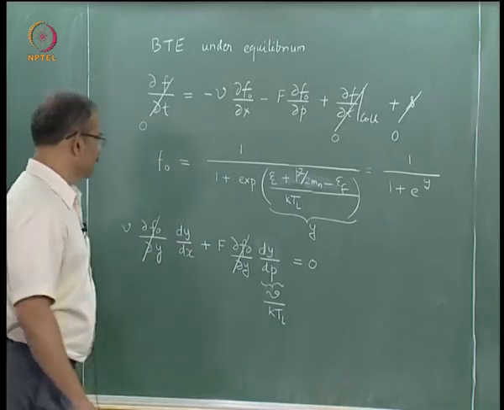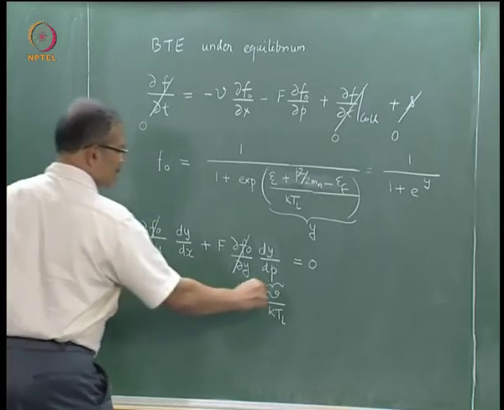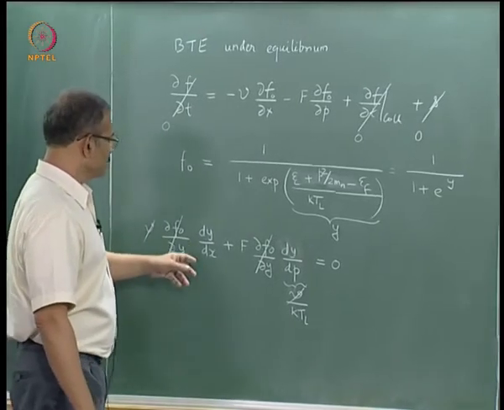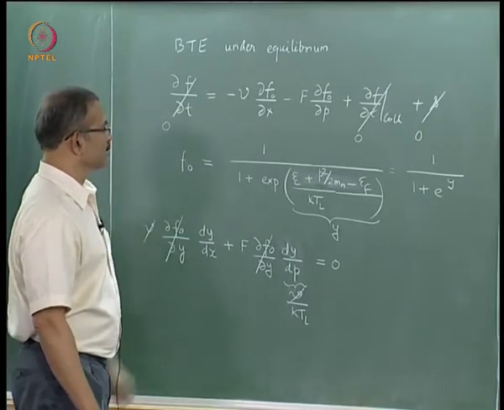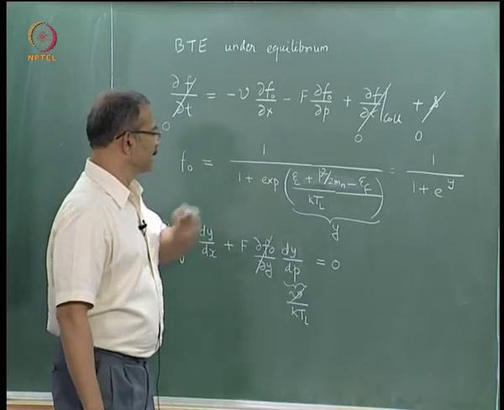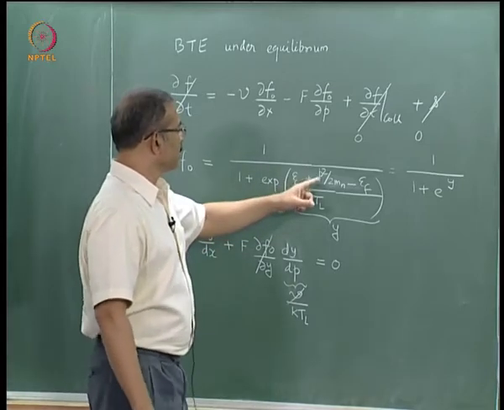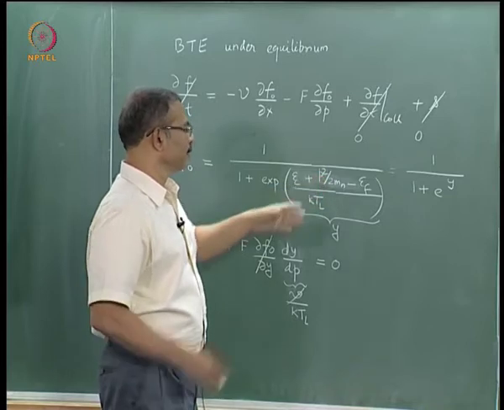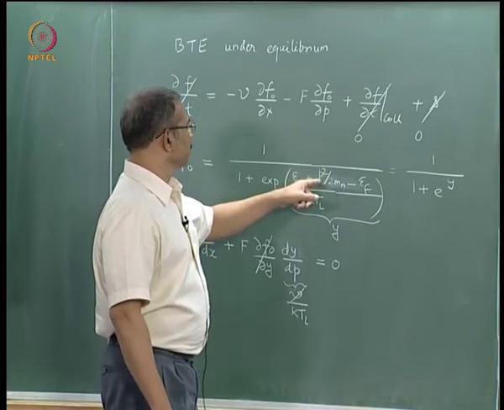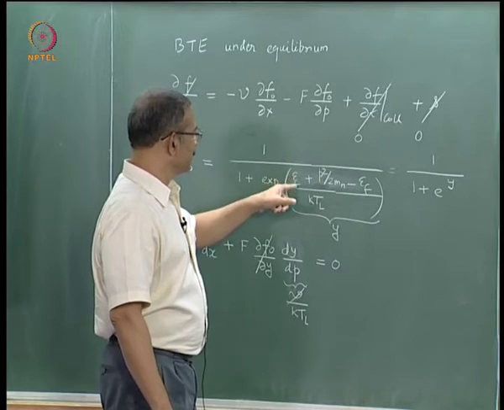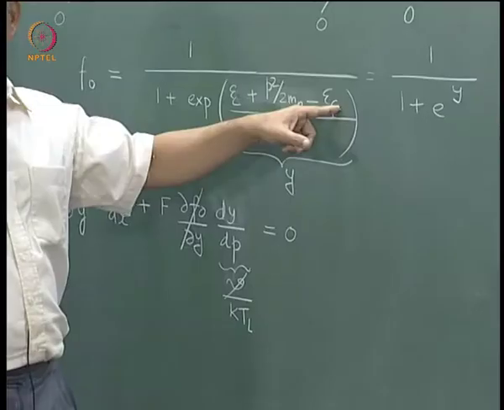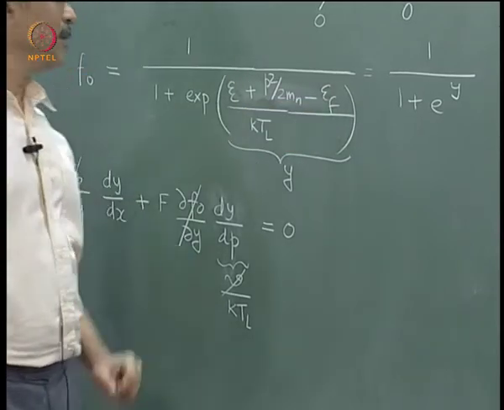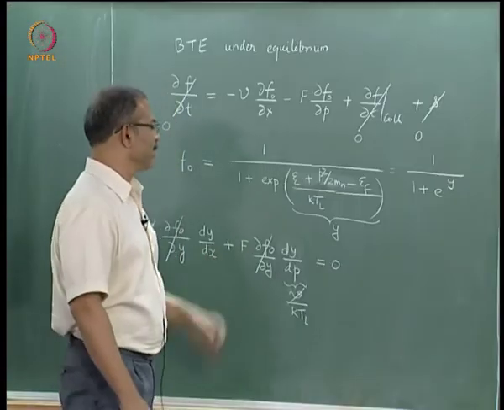Now if this is the case, then this v also gets cancelled out of the equation. Now let us look at dy by dx. So dy by dx, p is not a function of x, because x and p are independent variables. So we have to take dEc by dx, and right now we do not know, EF could depend on x, though it is not a function of p. We can assume EF also to be dependent on x and see what happens.